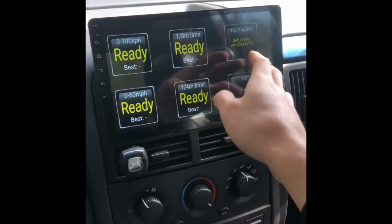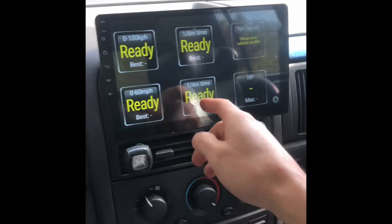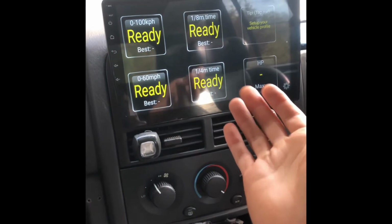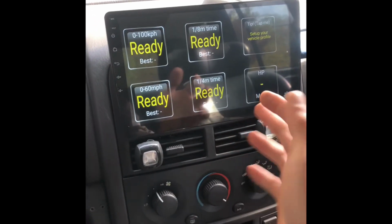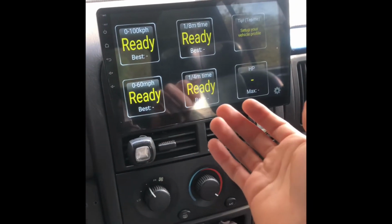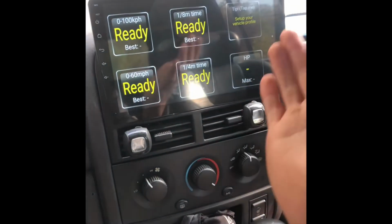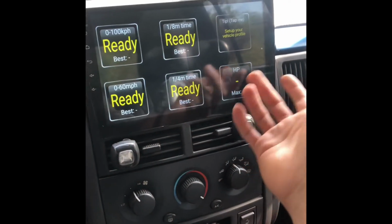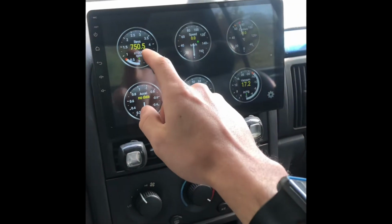And then over here you can actually do 1/8 mile time, 1/4 mile time, 0 to 60 time, and it's pretty accurate considering it runs off the GPS. So it does measure accurately for the most part. I mean, it's probably off maybe 0.1, 0.2 of a second. I haven't personally tried it. I don't race this thing. This is a lifted Jeep. If I had a fast car, yes, I'd try it, but there's not really a point. And I don't know how it measures your horsepower. It's probably not that accurate, but anyway,